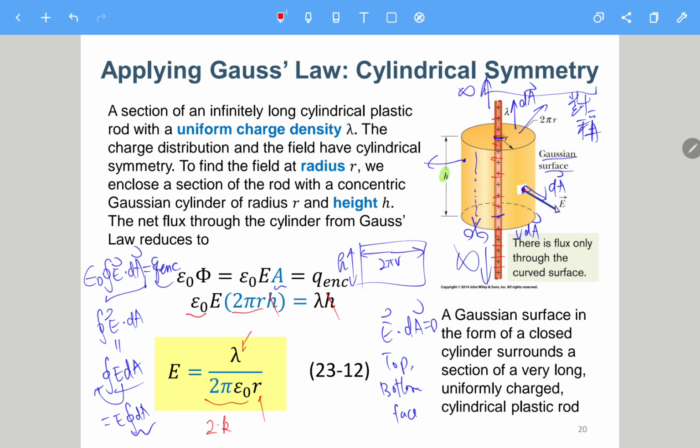Probably you can cancel the vertical component. For example, this is ds, this is ds prime. This ds will generate an E field pointing to that side, so we have dE something like this, and this ds prime will generate something like this, dE prime. So the vertical components cancel each other,